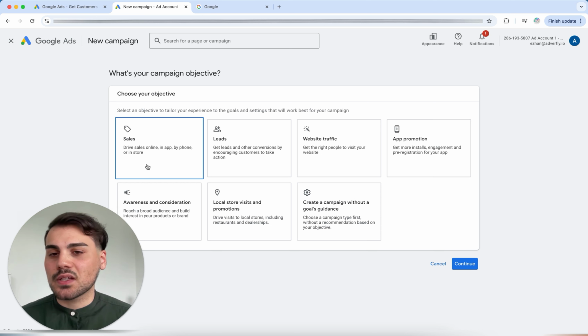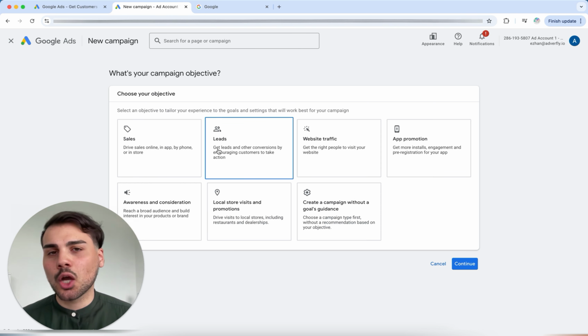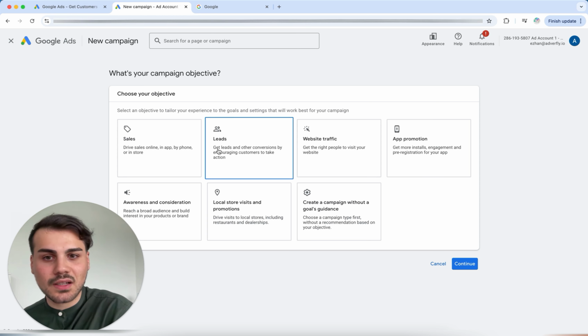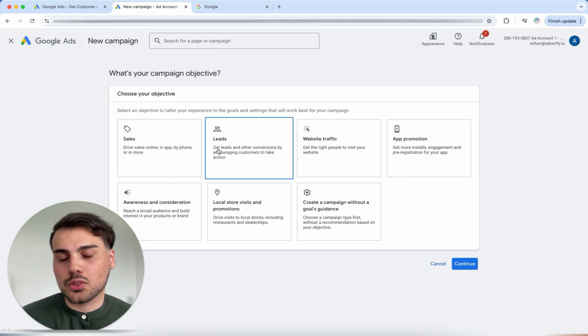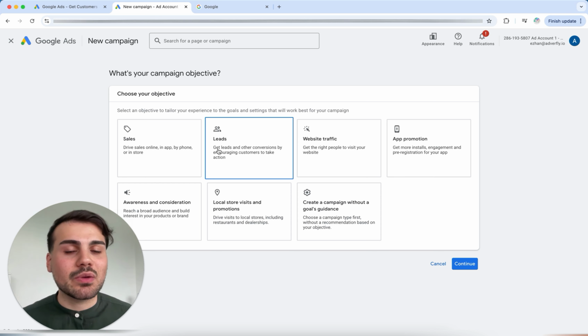Then we have the second variant here, which is leads. Leads is just another word for inquiries. And if, for example, we have a local store or generally want to generate inquiries on the internet for an agency, then in that case we select leads. This can also be for a local store. For example, if you are a real estate agent or offer special insurances that wants to generate inquiries, then in your case, for example, leads would make more sense.